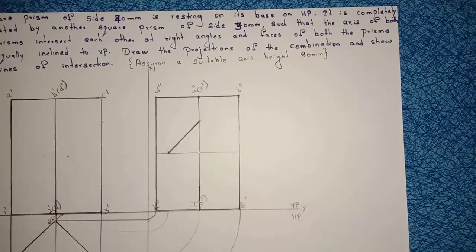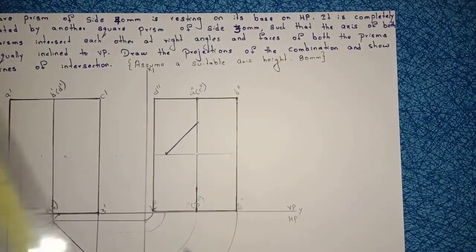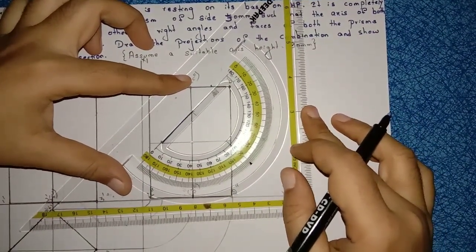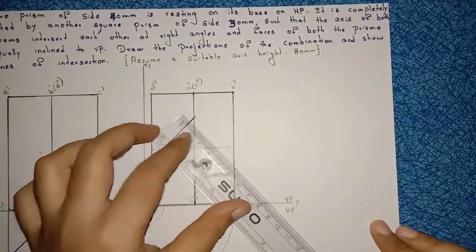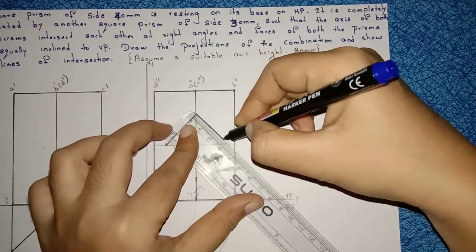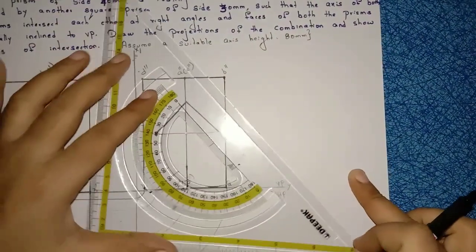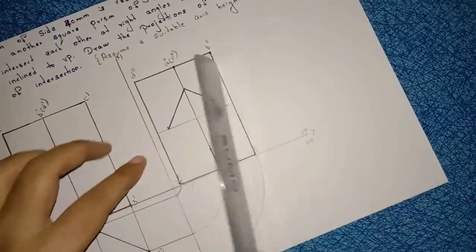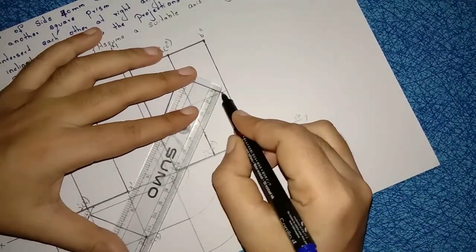Right? Now what will I do? I will place my protractor on this line from this point and mark 90 degrees. Then next from this point again 90 degrees. Now I am constructing another length here at 90 degrees. Right? Again I will place my protractor on that line from this end point and mark 90 degrees. Right? After that, from this point to this line, 90 degrees, 30 mm.